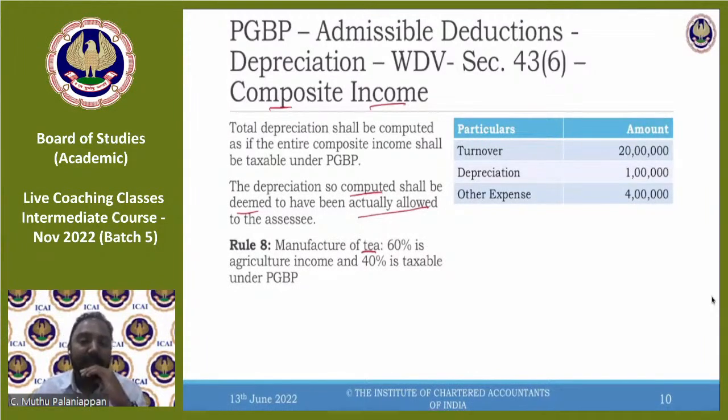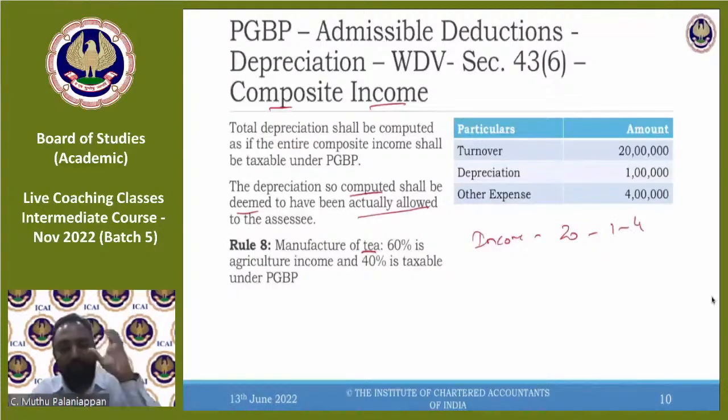Remember, you would have studied in the earlier chapter, you have coffee, rubber, and tea business, where you have certain proportions. So for tea business, 60% is agriculture income, 40% is taxable under PGBP. So now, depreciation will actually be calculated for the whole number only, but whatever is taxable is only 40%. How do you do that? For example, let's take your income will be 20 minus 1 minus 4. So first you calculate the actual income. Your income will be how much? 20 minus 5 is 15, correct? Now, in this 15,